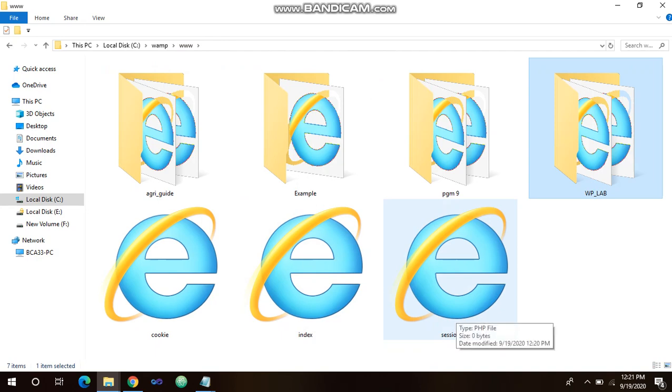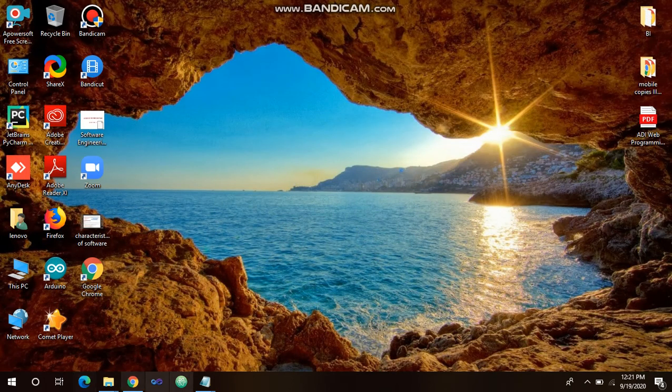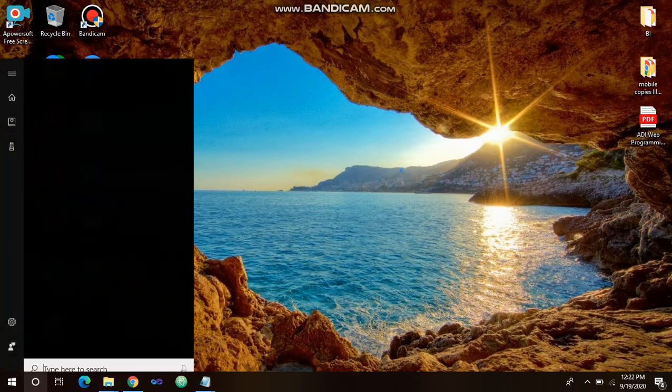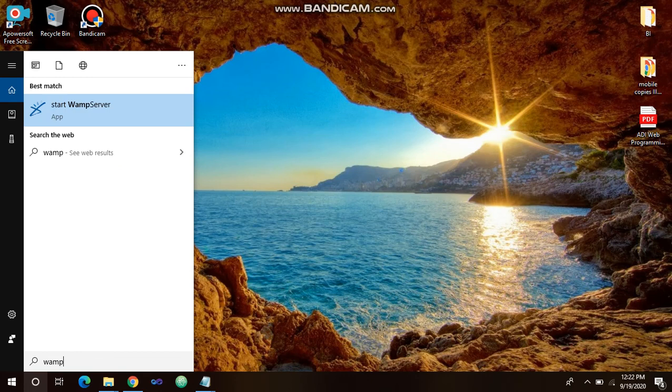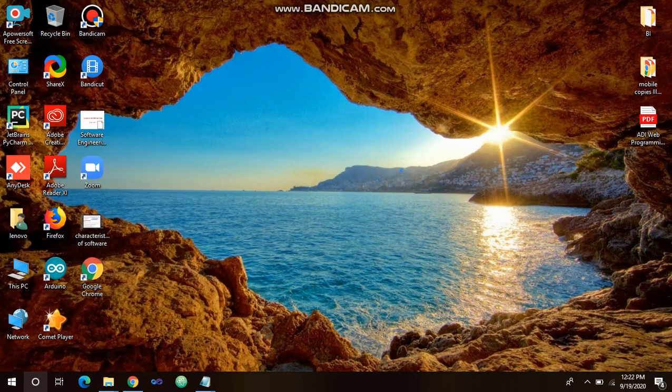So this is a demo. See, you will come to know which file it is, that is PHP file. So saving it as a PHP file is very important, right? So the next step which I told you is to check whether WAMP server is there in your PC or not. Just type WAMP server. Okay. Then you can see that, right? See, the server is running.